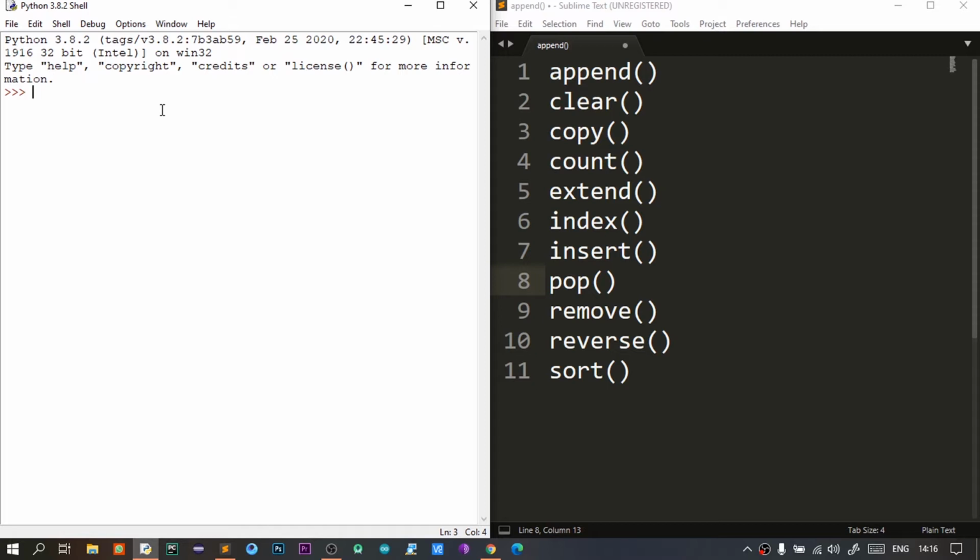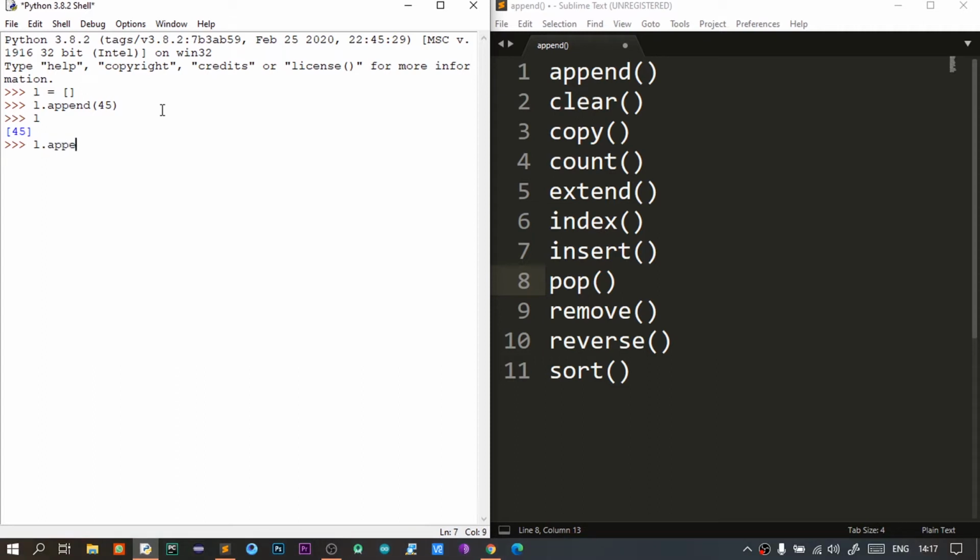So I am using Python interpreter which can be used to execute single line commands. So let's say L be the list is equal to empty brackets. So we have declared a list L with empty data. Now try to add some data to the list. Let's say L dot append of, let's say the value that is added to the list be 45. Now if you check the list, you will get a list with a single element 45.